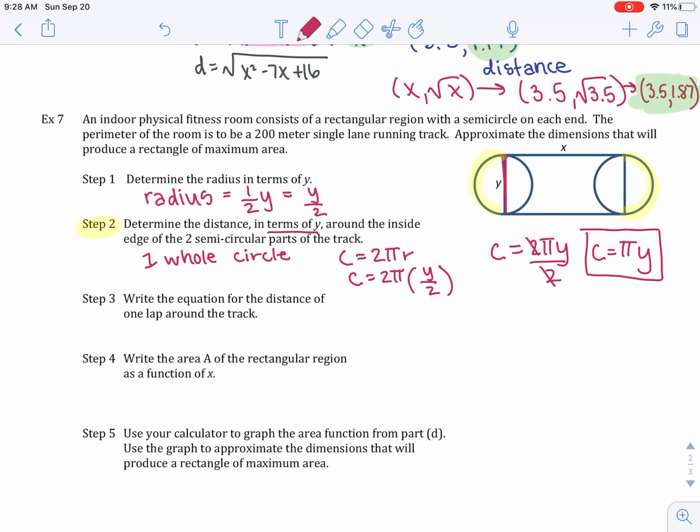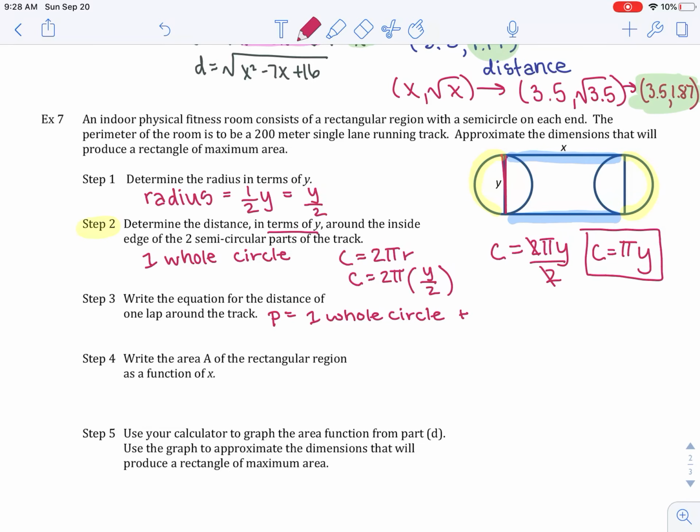Step 3, write the equation of the distance of 1 lap around the track. So I need to go completely around now. We have done actually the yellow part. We just have to add the straight running track, so the blue part now. So going around, I know that it's going to be about my perimeter. So I have 2 circles, or just 1 whole. I'm going to write it as 1 whole circle